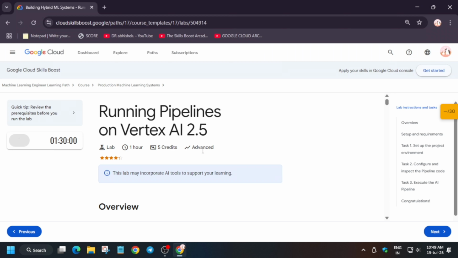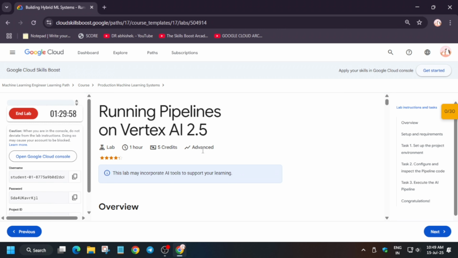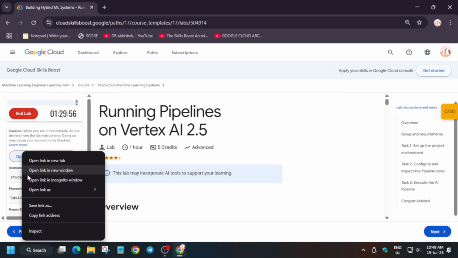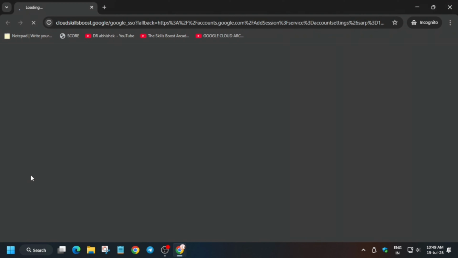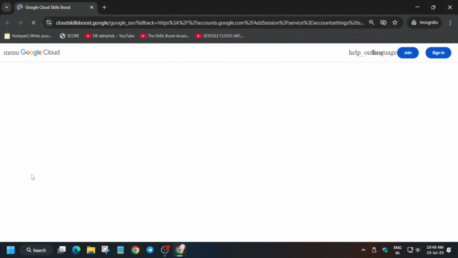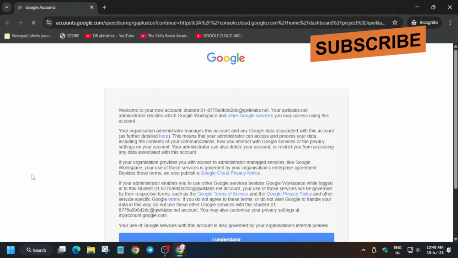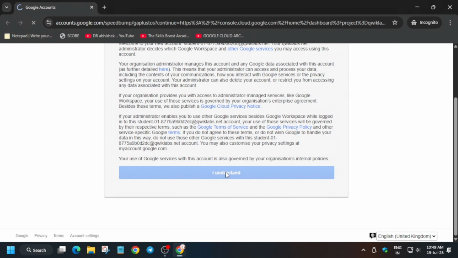In this video, we'll cover this amazing lab that's running pipelines on Vertex AI 2.5. So first of all, click on Start Lab and open the console in an incognito window. Now here, if it asks for username and password, you know the drill. Just check the lab instructions for it. Now here, click on I understand. Once you have clicked on I understand,